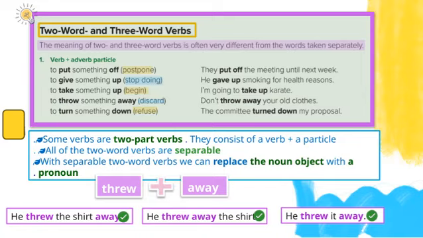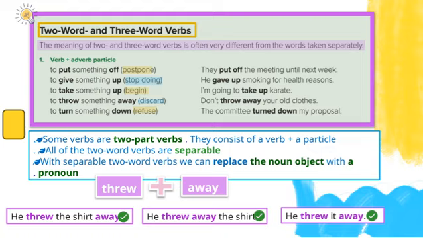Now let's look at how we can use different word orders to change the emphasis or clarity. For example, in the sentence, "He threw it away," the word "away" is placed at the end, showing where the object is being disposed of. Alternatively, we can say, "He threw away the shirt," which puts the emphasis on the action of throwing the shirt